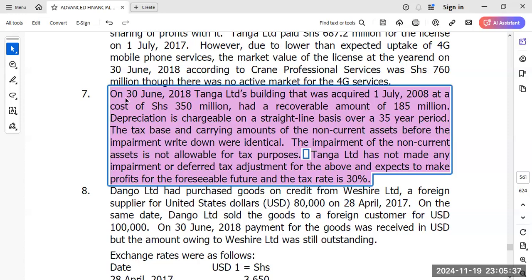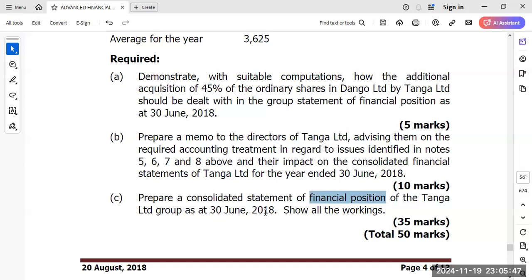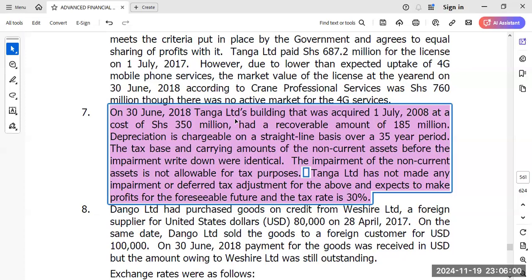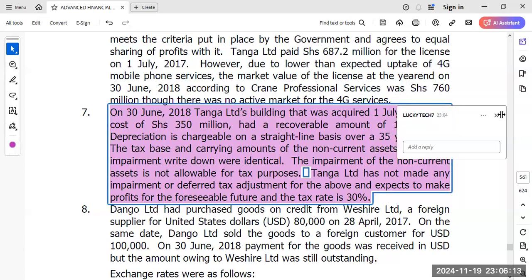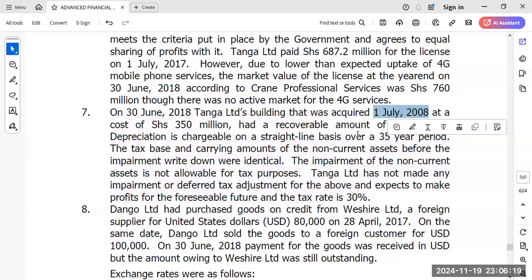So they are telling us that on 30th June, we need to know what is the reporting period first. The reporting period is 30th June 2018. Okay, that's the reporting period. And they are telling us that on 30th June 2018, Tangas Limited, this company's building was acquired on what? On which date? That was acquired on 1st July 2008